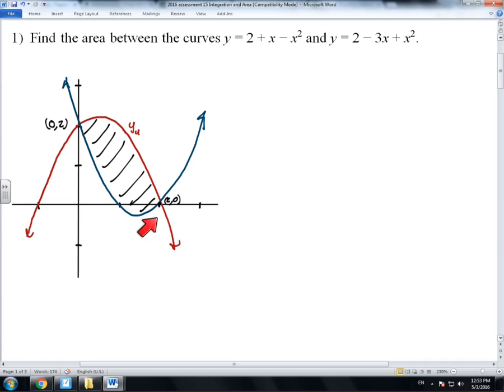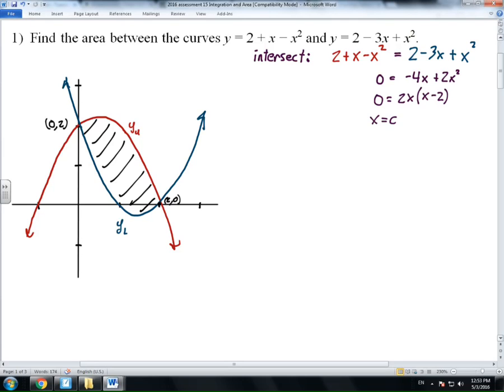I also found their intersections using technology. And when I wrote all this on paper, I made sure to label all the important pieces, like what is the upper curve, what is the lower curve, and what are the intersection points. It's also worthwhile to prove that you can use algebra to find those intersection points if the algebra skills are available to you. So in this case, I just have one quadratic equals another, and when I collect like terms,